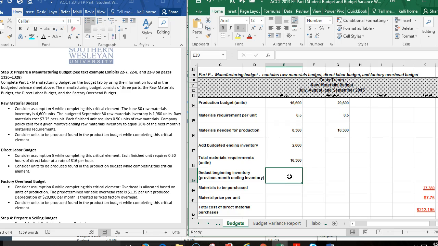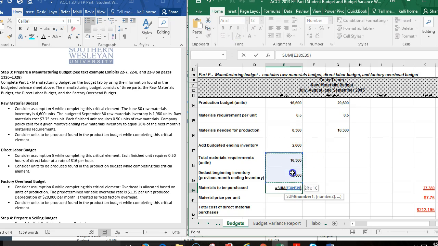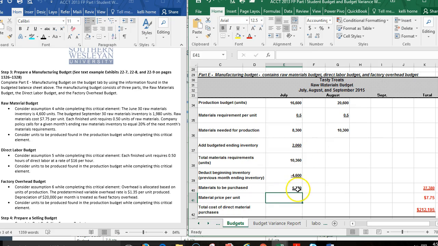So here it tells us that the June 30th raw materials inventory was 4,600 units. So let's back that out. I put it in as a negative, so I'm just going to add these two together. That tells me that the amount of materials that need to be purchased for the month of July are